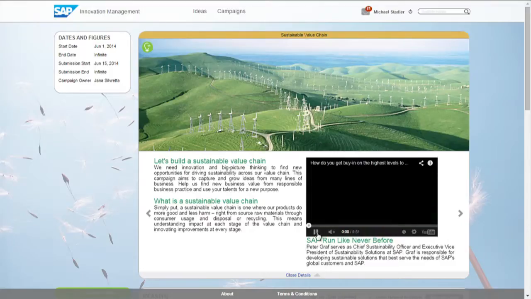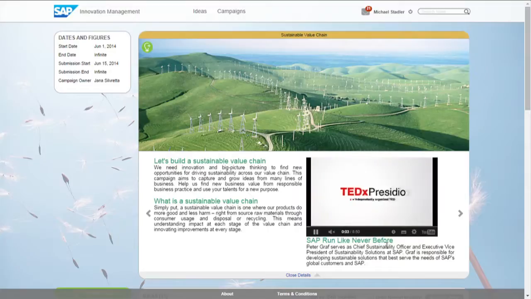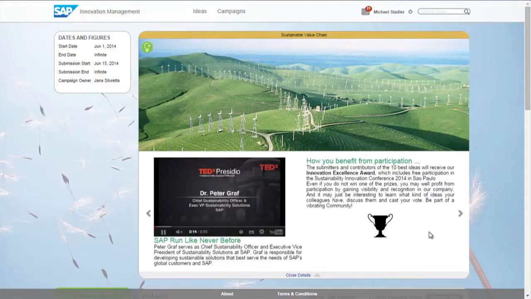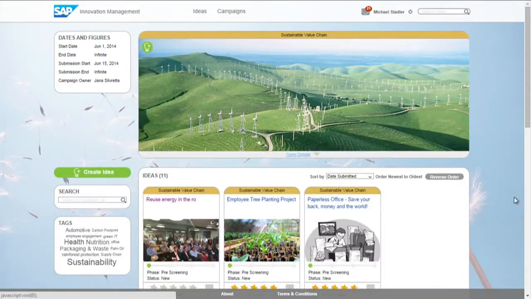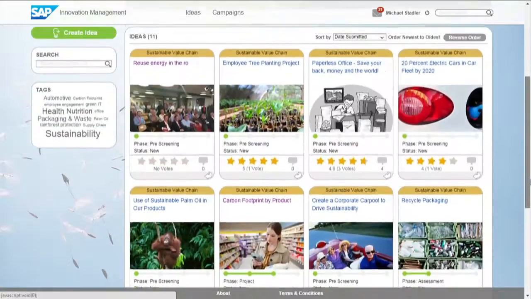You can easily incorporate contents, movie, trailer, just to make this campaign attractive and get people to submit their idea to this campaign. And you can even also explain why should people engage in innovation and how they benefit from it. That's a kind of a landing page, and it's very easy to configure it without any IT support, any SAP consultant. So I close the campaign for a second and drive down, and now I can see, well, there are